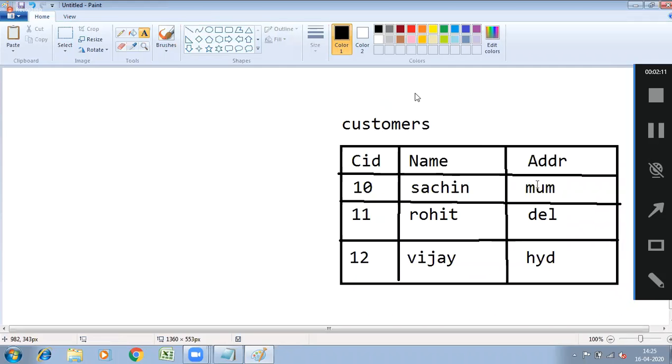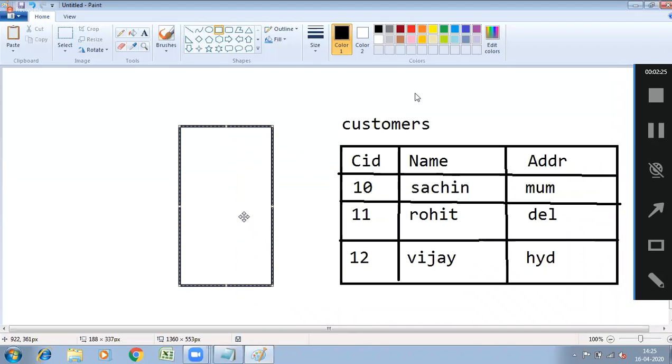This is in the form of tables. What are these verticals called?